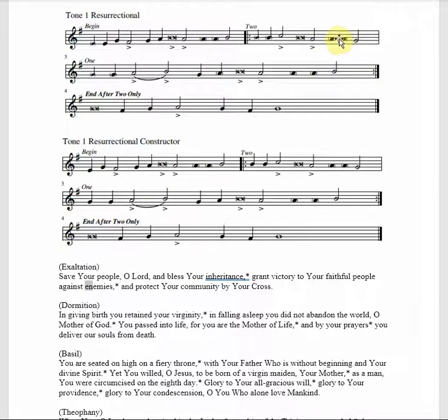And we're skipping one of these parenthetical notes, but we are using the other one. So these are notes that sometimes are there and sometimes are not. And now, here's an important point. This troparion isn't long enough to demonstrate this, but the other ones will be. Because tone 1 resurrectional has